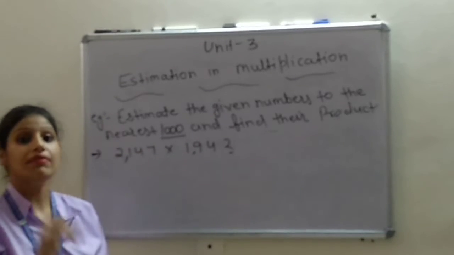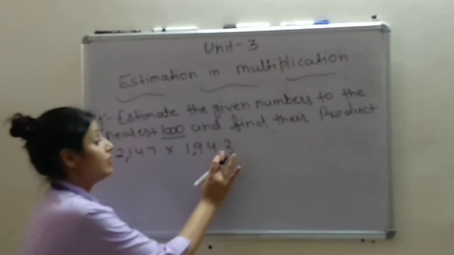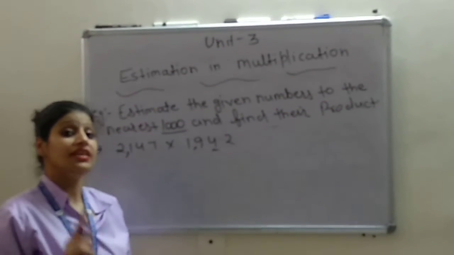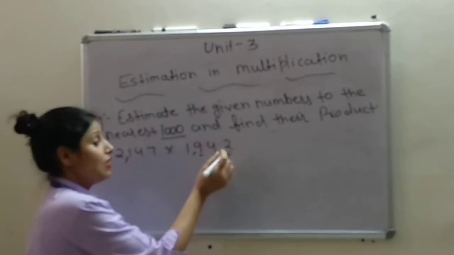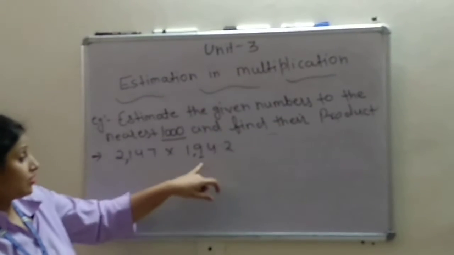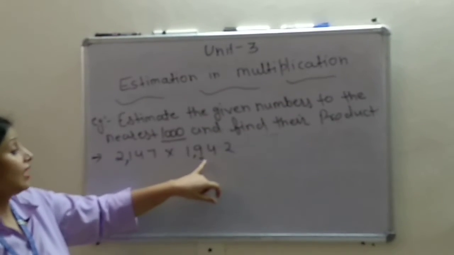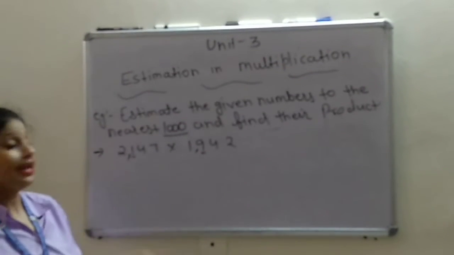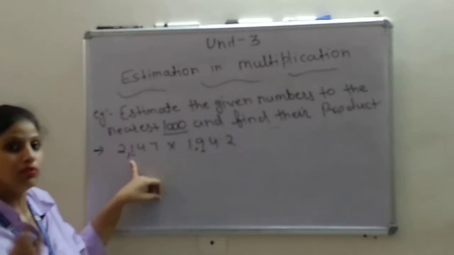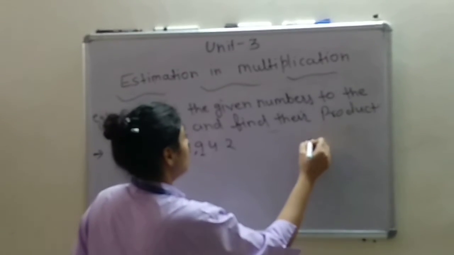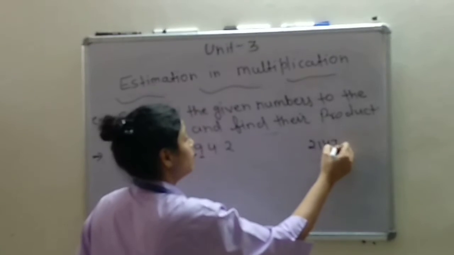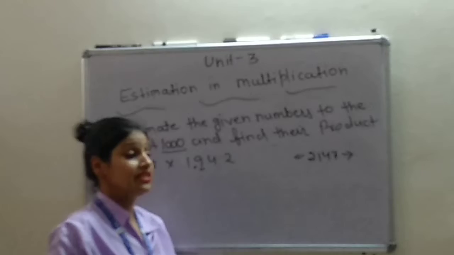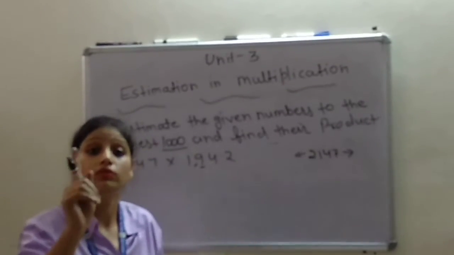place. When we were rounding off to the nearest 100, we were checking the hundreds place. So, when we are rounding off to the nearest 1000, we are going to check the hundreds place, right? Here we can see in the multiplier 9 is given at hundreds place and in the multiplicand 1 is given at hundreds place. Now, do some rough work to know the exact rounded off value. When we are talking about thousands, that means the number will be rounded off to 1000 only.